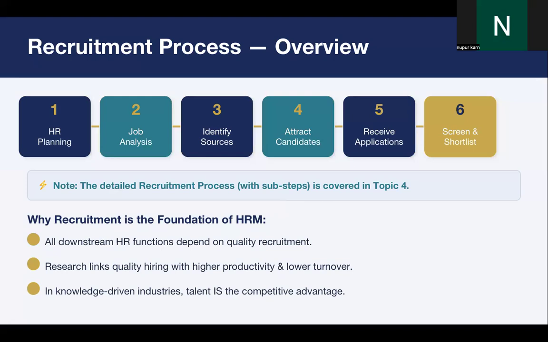Identify sources, like where you are going to recruit people from, such as college campus or internal sources. So there are different sources, and from there you recruit the candidates. There are internal sources and external sources. The internal sources could be the existing employees. External sources could be the college campus and the people who are posting their requirement on portals like Naukri.com, Monster.com, LinkedIn. So these are the sources of getting people for the job.